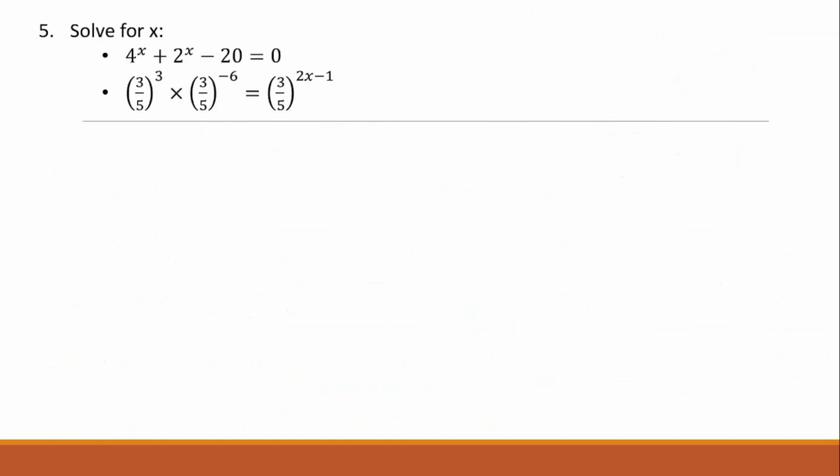Now there is a question number 5. In question number 5, there are two parts. The first one is very interesting. We have to find the value of x. Okay, let's just do it. The first question is this: 4 to the power x plus 2 to the power x minus 20 equals to